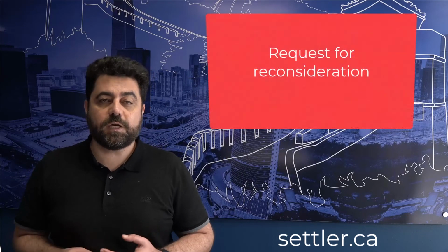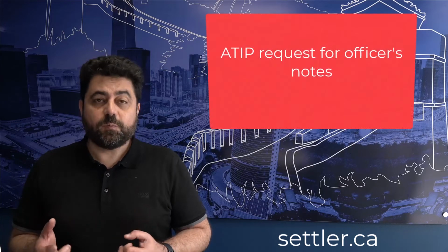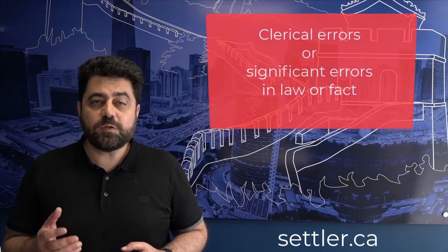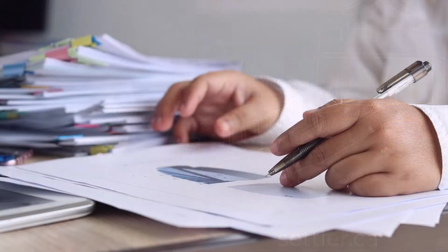For example, one of them is called request for reconsideration. What you usually can do is that after refusal, because usually the refusal letter doesn't give you enough information, you can file for officer's notes. When you receive the officer's notes, you review them, and if you find out that the officer made a significant clerical mistake or a significant mistake in law or facts, then you can get in touch with the officer and